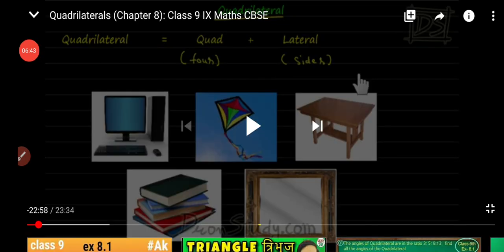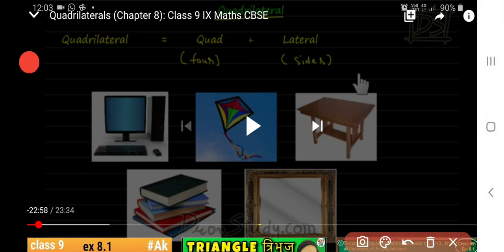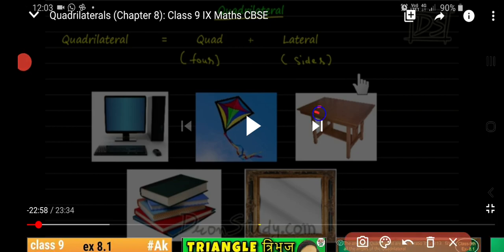Understand? I will talk about some points. The name of a quadrilateral can be given in two ways, clockwise or anti-clockwise. If you want to name the quadrilateral, you have to give the name. Suppose you want to tell the name of the quadrilateral is ABCD, then you have to denote the name. Suppose you want to show the table, this table you have to write.